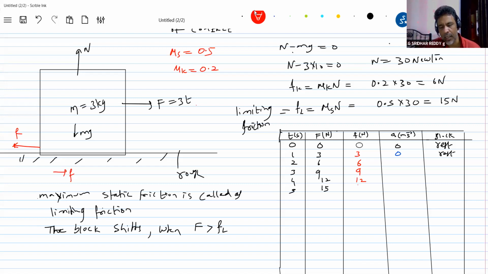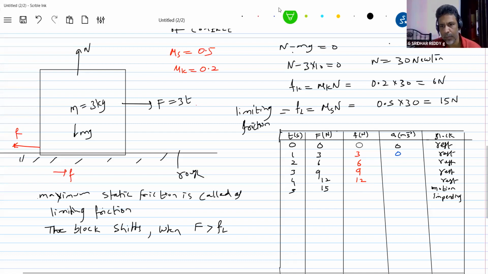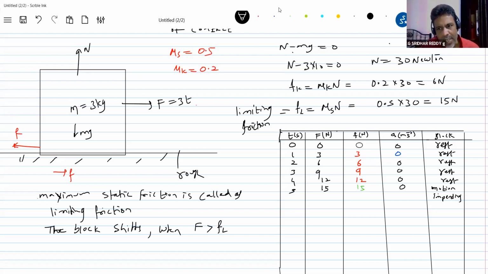Then this will be 12. Here what will happen? The limiting friction will come. So what is the state of the block? Till here it was at rest. I'll call this particular state motion impending. This 15 Newton is very important, so I'll give it some other color. And what is the acceleration? 0, 0. This is also 0. Motion impending and rest means when applied force,